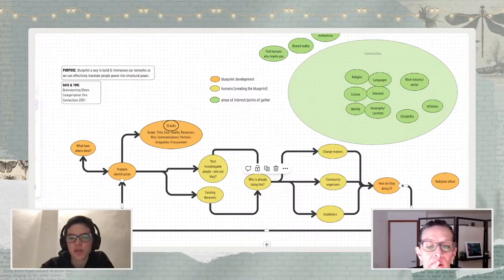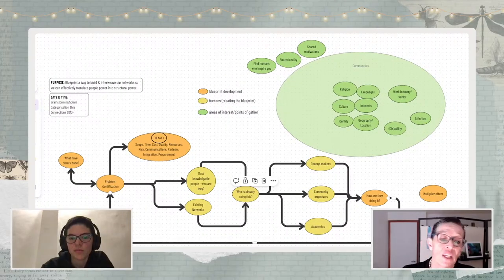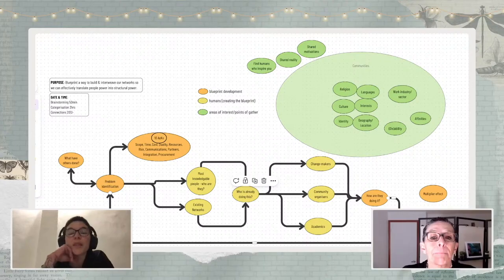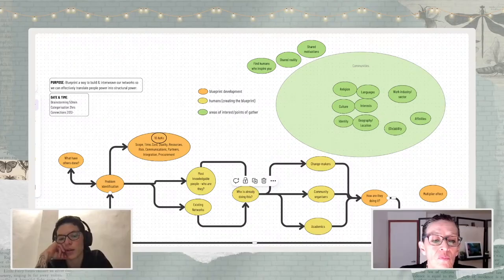With shared realities and shared motivations, how would that fit? Shared reality, I think, is different, right? If I'm trying to think how my brain is thinking right now, you can have a shared reality between somebody of one religion and somebody with another identity, but they don't belong to the same community. Well, that was part of my thought, that you can create a community around a shared reality.